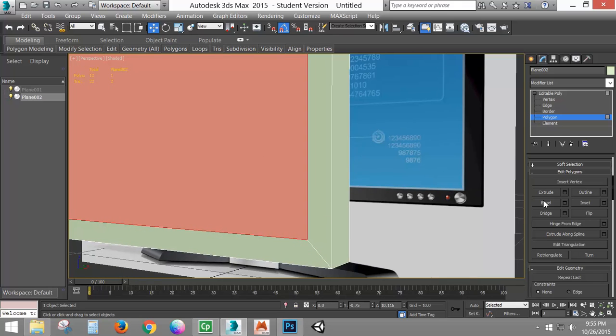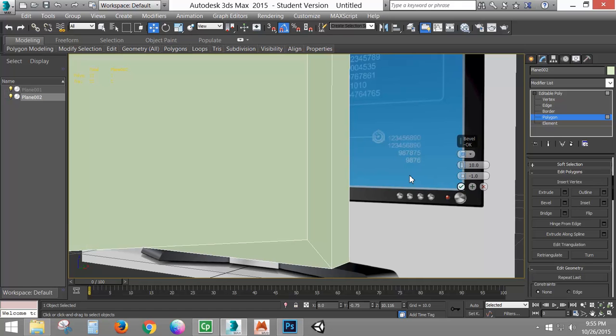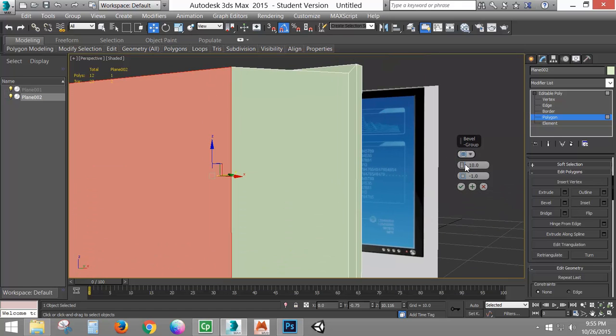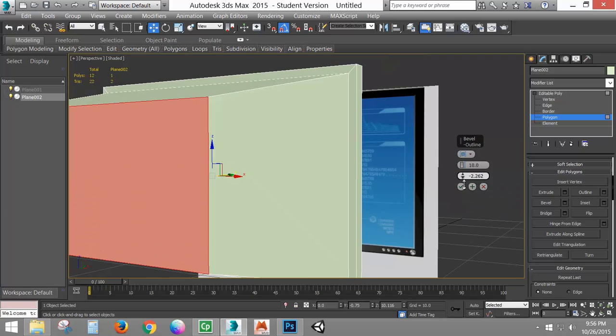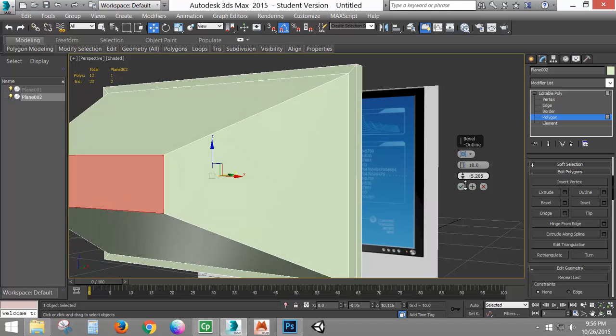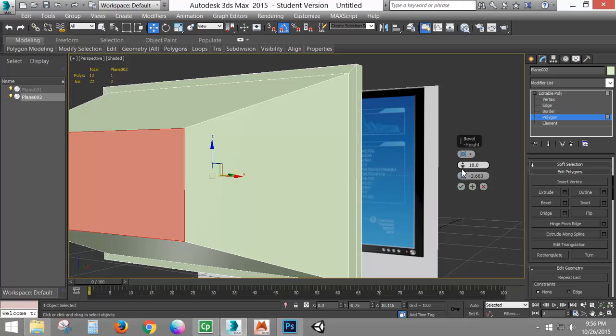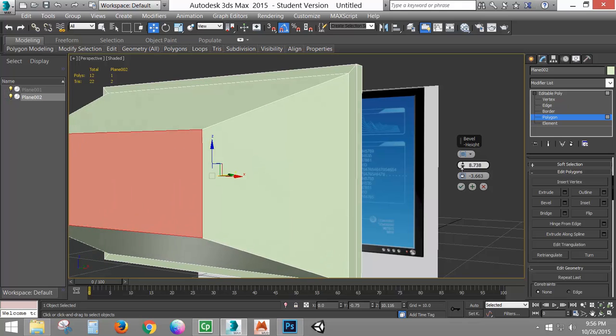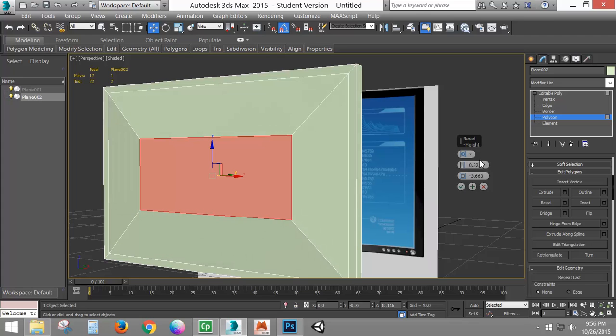So I'm in polygon mode, still have this polygon selected. I'm going to click the bevel settings. Now by default, it's going to give me a positive height value and a negative outline. So the outline controls the size here of the bevel, whereas the height controls how far in or out. Now in this case, I'm going to go inward, so I'm going to type in something like -0.1 just as